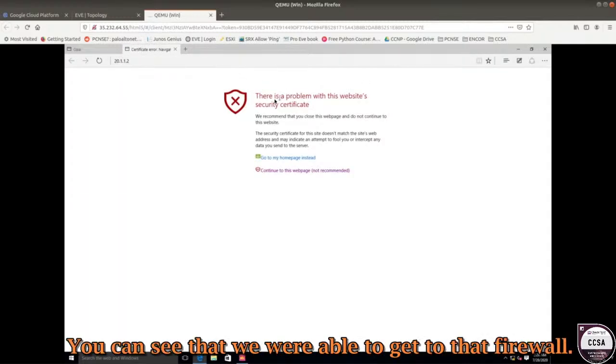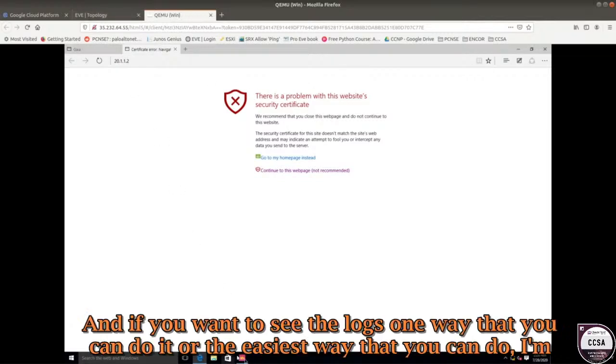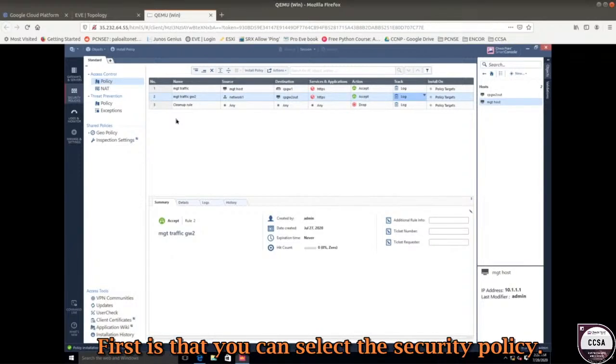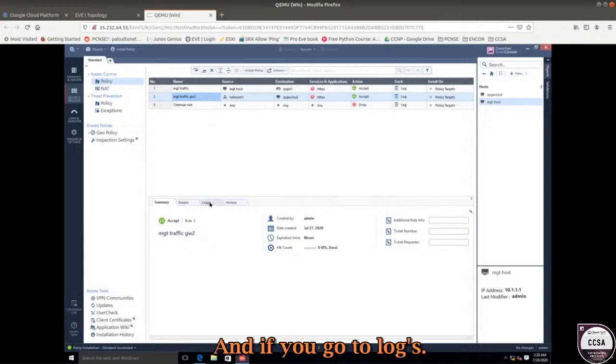20.1.1.2. And there we go. You can see that we were able to get to that firewall, 20.1.1.2. And if you want to see the logs, the easiest way is that you can select the security policy. And if you go to logs,